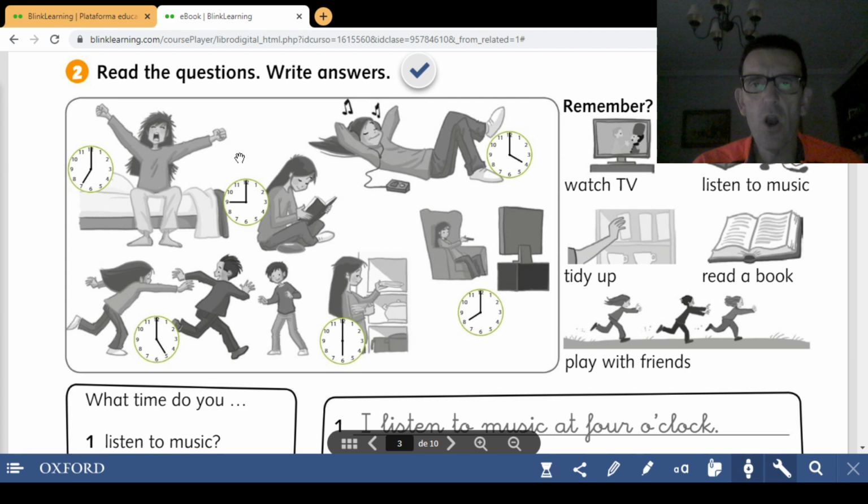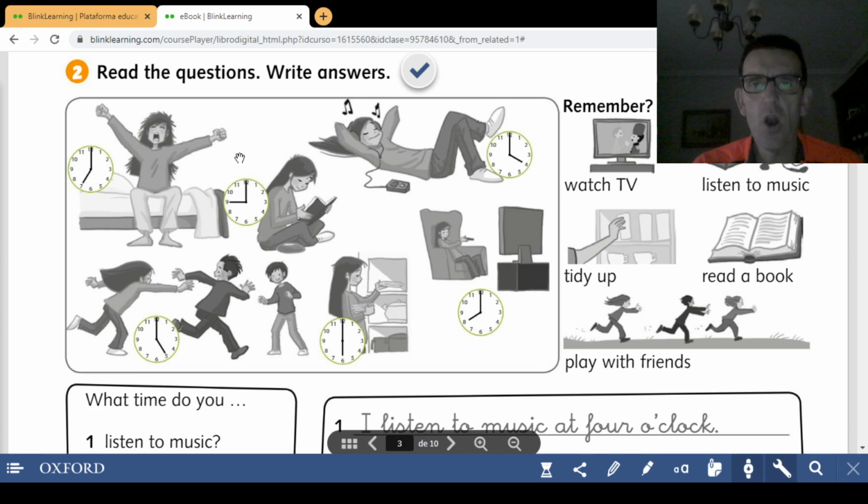Pues la verdad es que lleváis razón, porque se piensan que no lo vais a saber hacer, pero sería tan fácil como poner aquí what time, en vez de poner el do y el you, what time, yo pondría, por ejemplo, what time does she, y ya valdría. What time does she listen to music? What time does she read a book? What time does she? Pero bueno, lo han querido poner como si fuera todo ahí, así que imaginaros que sois vosotros Sophie. Imagine you are Sophie, and then you write the sentences as if you were Sophie, and not you.